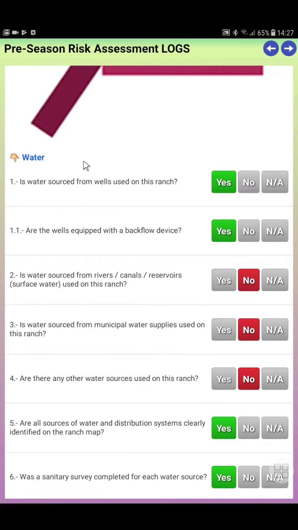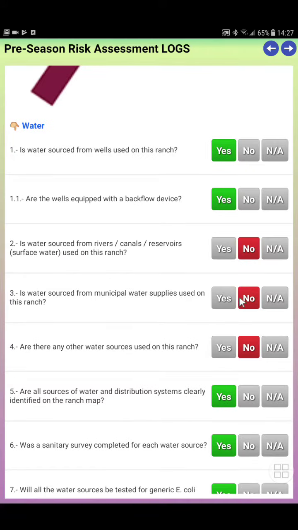Questions about water sources. So if you have a well as a water source, if the well is equipped with a backflow device, remember that all wells need to have a prevention system. In this case, it is the backflow device. Is water source from surface water? No. If you use surface water, a lake, a canal, a river, you will need to add that as